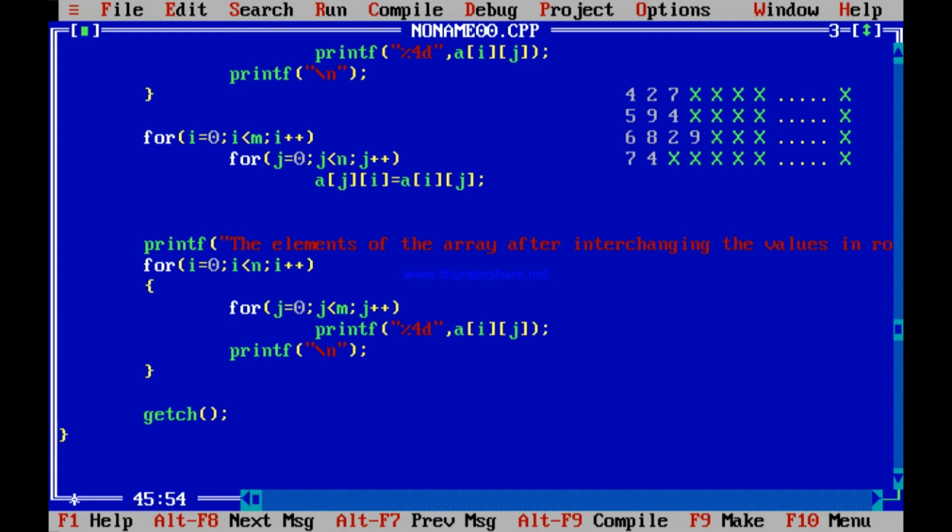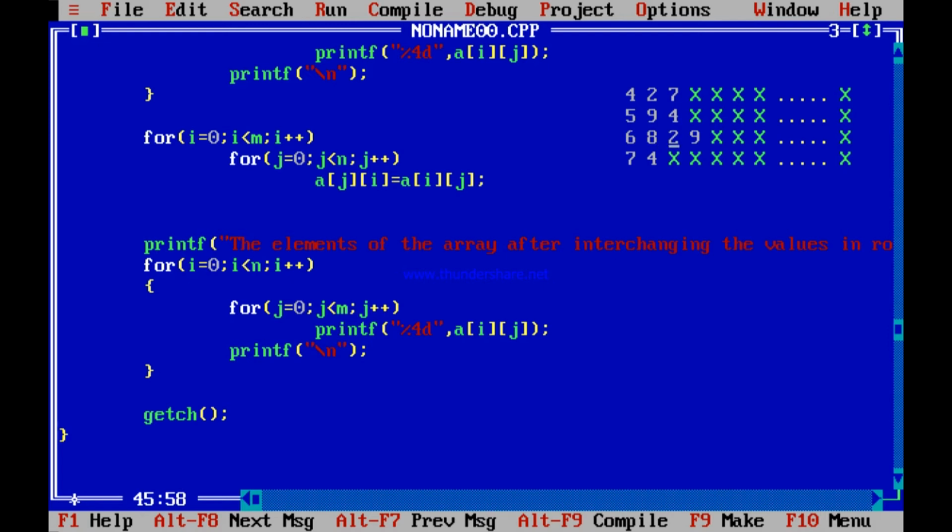If you start from A20, if you start from j equal to 0 again, then you are starting from A20. You are exchanging A20 with A02. What does that mean? A20 means which position? This position. You are exchanging with A02. Again you are going to exchange this 6. This position you are exchanging with this. Again they will regain the old positions. You don't want that. You don't want A02 or A20. You don't want A21. Instead you want to start from A22.